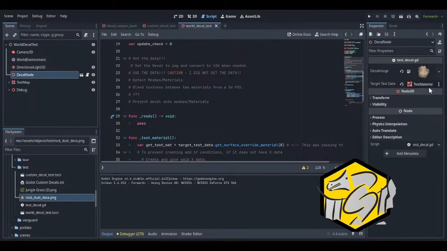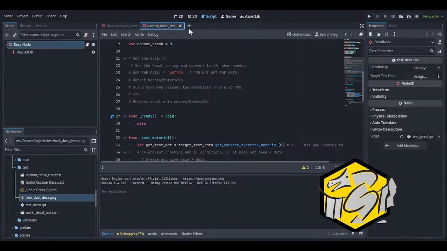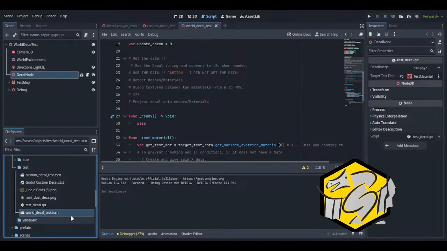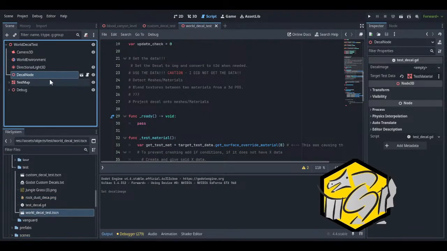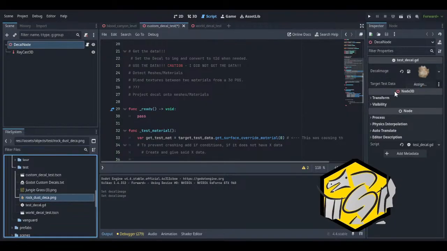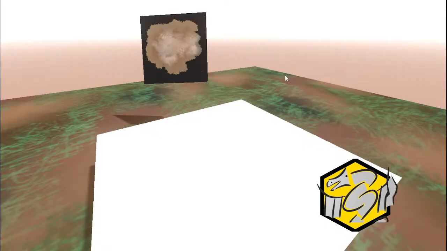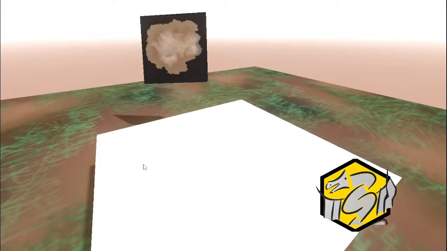Save all scenes. Let's just save all scenes. Close this out. Test. I'd accept it because it is a resource. Save all scenes. Go back here. Ah, let's go! Fuck yeah! So instead of making it a texture, we make it a resource, and now we can just fuck with it.